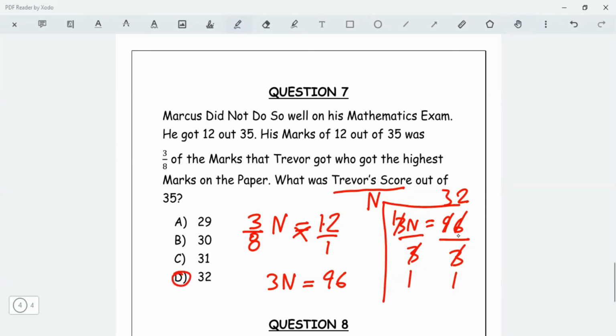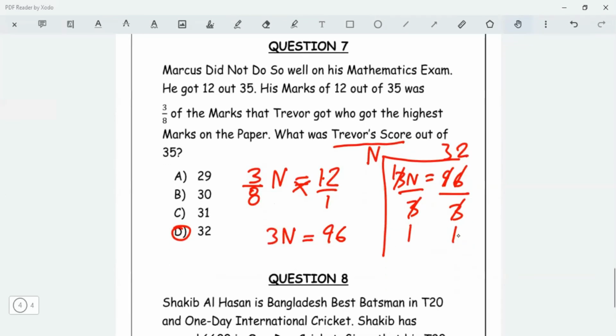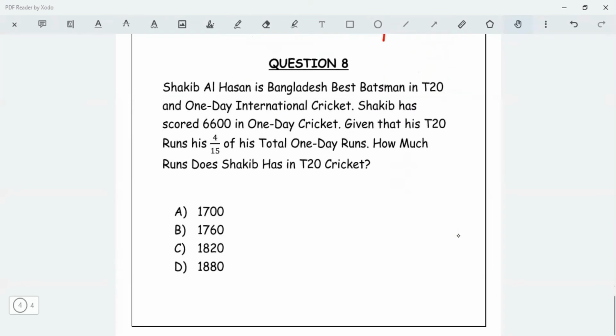Whoa. Trevor got 32 out of 35. Trevor did go on good. Trevor was doing really well. Lovely. So this is a real life question of how they like to give fractions. All right. Lovely. And the last question here says, Shakib Al-Hassan is Bangladesh's best batsman in T20 and one-day international